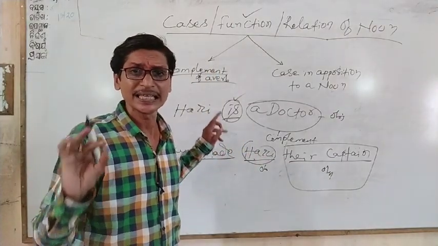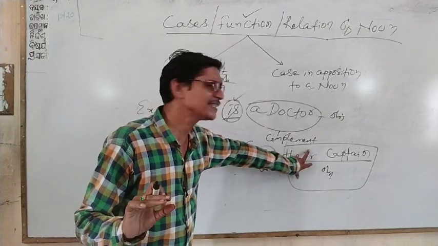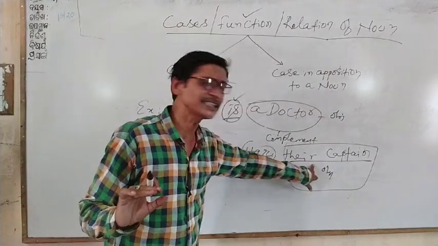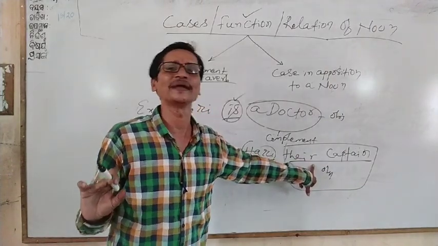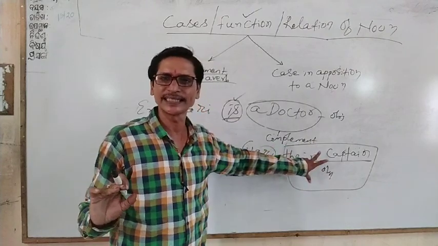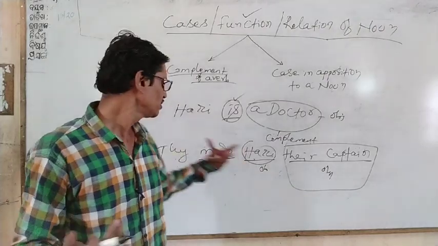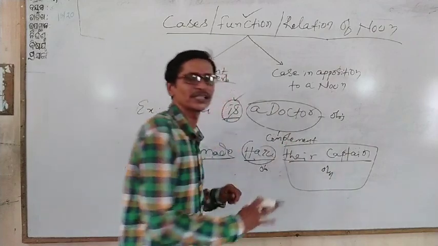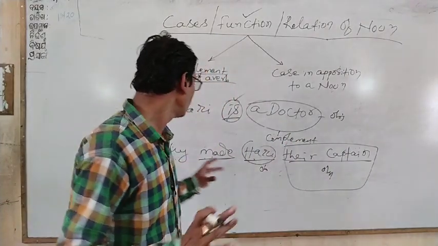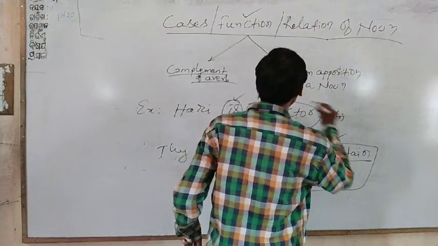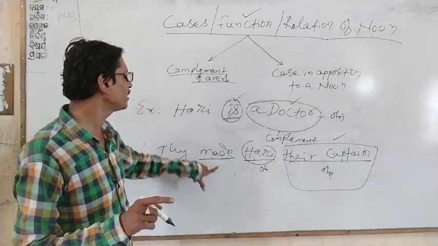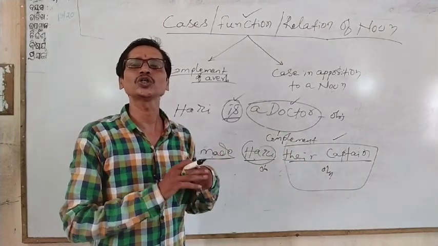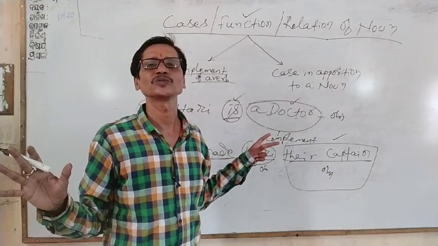Our sentence is incomplete. Therefore, if this word is written, which is an object of another object, here this is functioning as a complement. And without this, our sentence is incomplete. So here it is the object of Hari and now functioning as a complement. Sometimes the nouns function as a complement of the verb. Without them, our sentence is incomplete in its meaning. Okay?